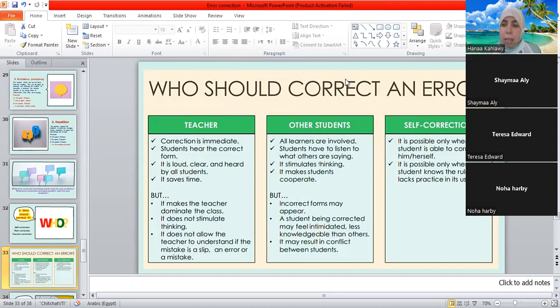They are engaged and they correct each other's mistakes. They can learn from each other. But sometimes we get some disadvantages because some students feel that I'm not clever enough because my classmate corrects me. So he may feel disappointed or less knowledgeable.